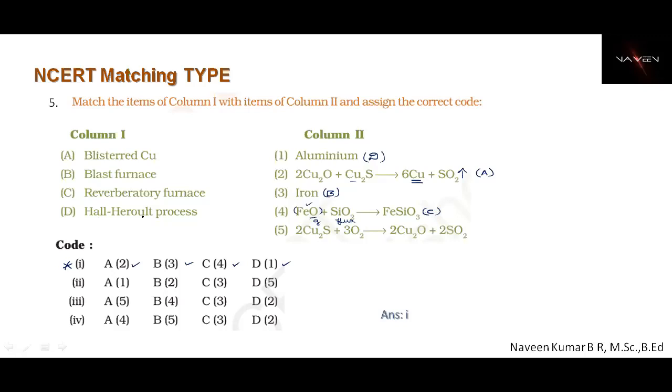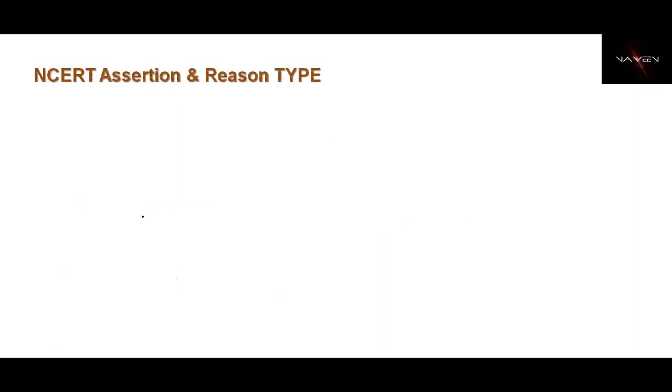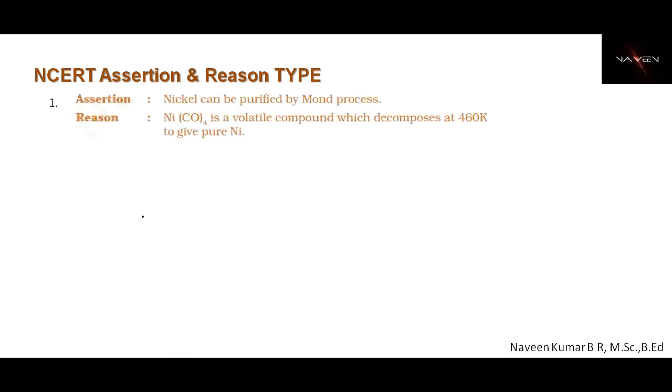Now we'll move on to the next type of exemplar based questions. It is assertion and reason type question. So whatever the 4 options they are going to give, we need to answer as MCQ for assertion and reason type questions. Now in these questions asked in the unit, they have given 5 different options. So we'll try to analyze all, so which is correct. In the examination, you will be getting any 4 as the MCQ options for assertion and reason type questions. I will consider the first one.